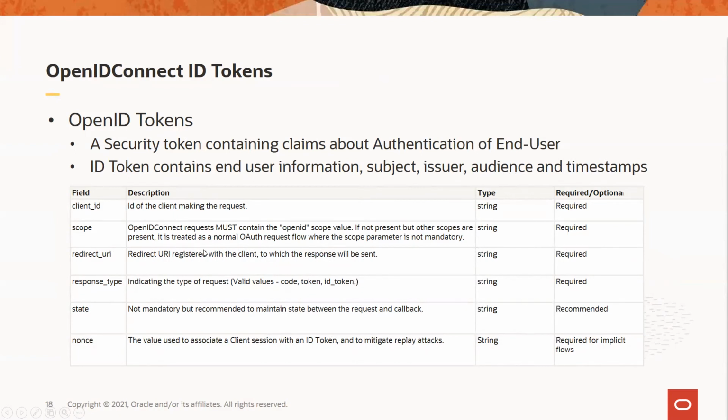As we covered earlier, it is the way to limit the access to the user account details presented for consent. It is a way to restrict access to sensitive information, which is enabled on a client by client basis. If the scopes are matched and valid and the consent is given, only those scopes are presented, and these are sent to the redirect URI, which is where the response is sent and registered with the client, as we saw earlier. Then we have the response type, with the access token or ID token. These are all part of the ID token, particular attributes and other things when you create them as part of the OAuth flow.